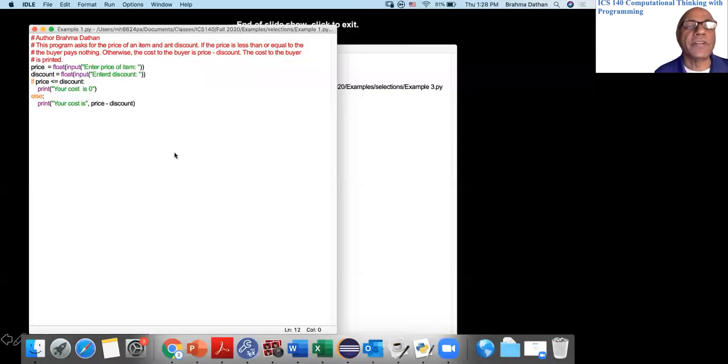Here is a second example. This program asks for the price of an item. So you are going to a store, or somebody is going to a store, and there is a certain price for some item that this person wants to buy. And the person also has some coupon or something that gives discount. So the program asks for the price and for the discount, and the